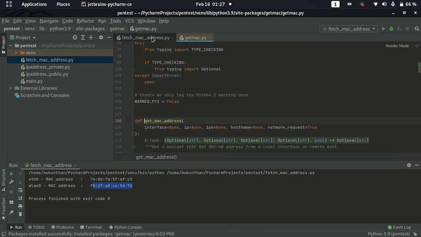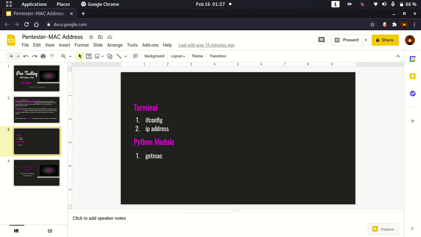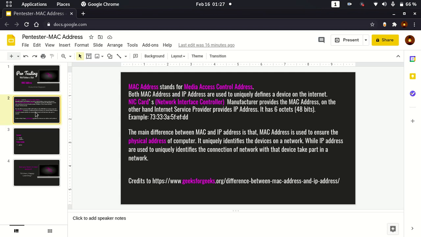So in total we have seen what a MAC address is. The MAC address is called a physical address, or the permanent address. Even though engineers can spoof it, it will not be changed permanently. Whenever you reconnect or restore, the permanent address will come back to your device. And this MAC address is given by the manufacturer of the NIC.